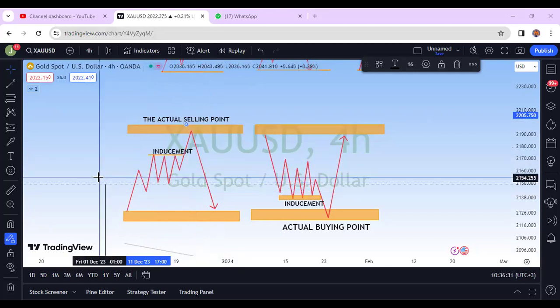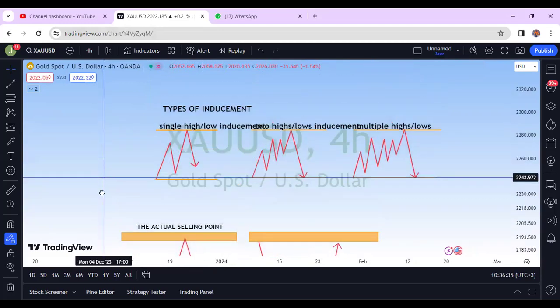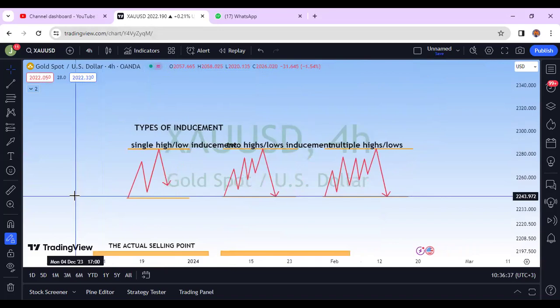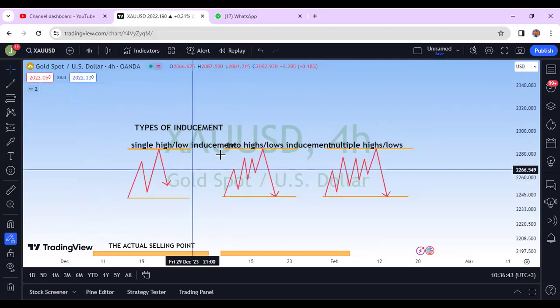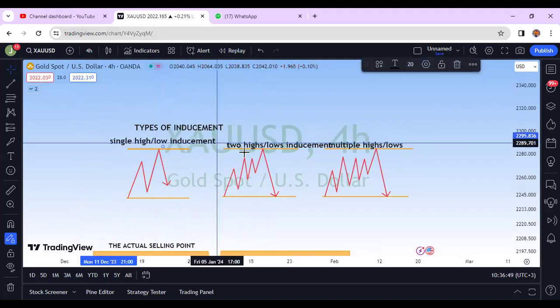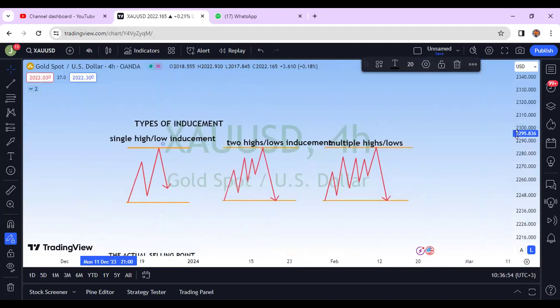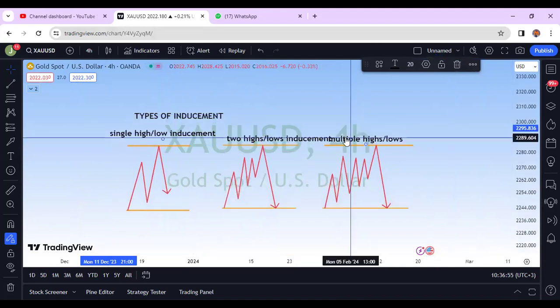So the types of inducement, we have 3 types or more. We have what we call the single high or low inducement. We have 2 highs or 2 lows inducement. And then we have